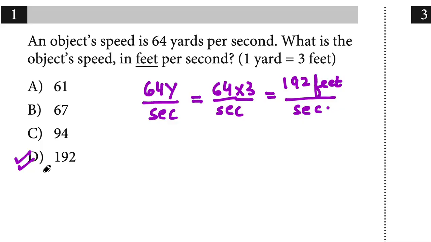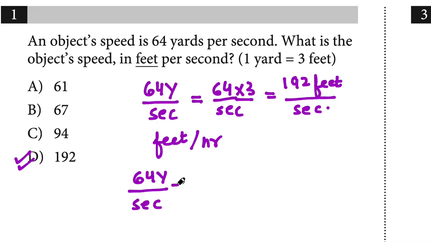Part D is the right answer, but let's explore it a little bit more. What if my conversion would have been feet per hour instead of feet per second? So that means I have to write it like this: 64 yards per second is equal to 64 into 3,